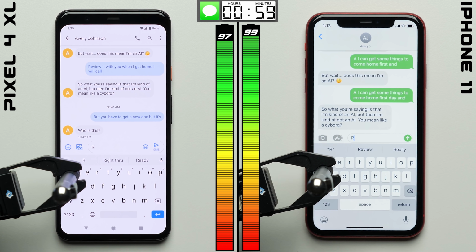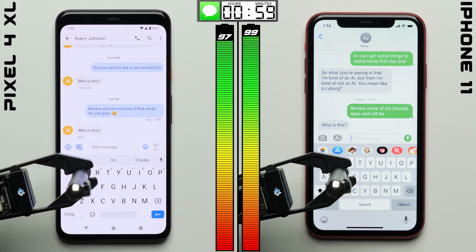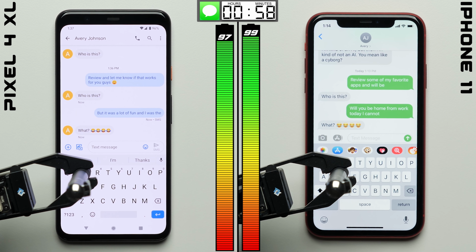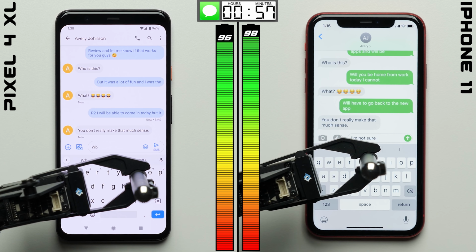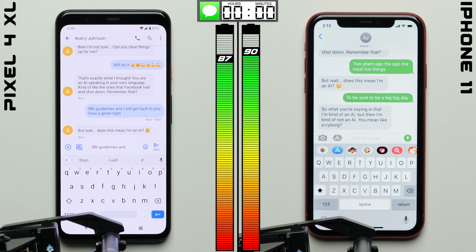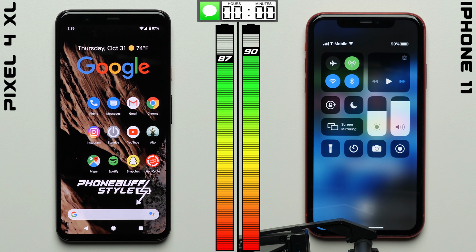as we move on to the messaging test. What we're doing here is texting back and forth with our automated chatbot to simulate a real-world text messaging conversation. It is worth noting that we've controlled for all of the variables that we could, with each phone having their display's brightness set to 200 nits, and both phones within equal distance of our mini cell tower. And after 1 hour of texting, the two phones perform similarly, with the iPhone doing slightly better once again,